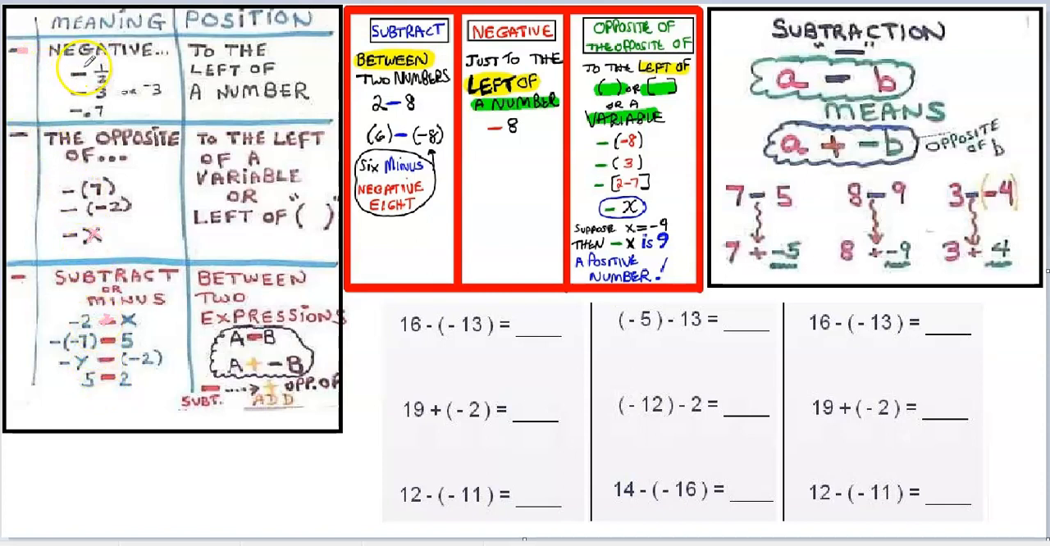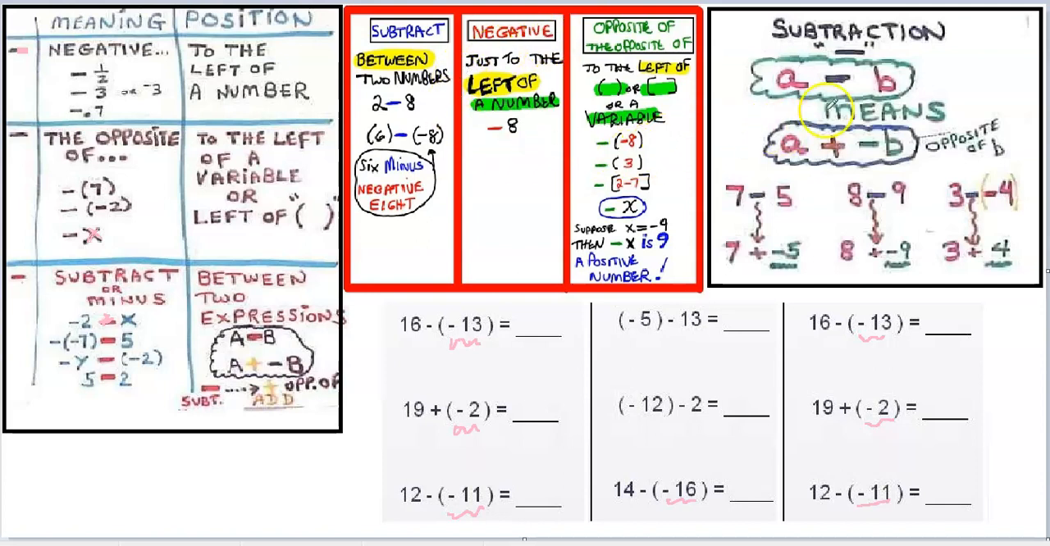When it's a negative, think of it as a negative number. So in this problem right here, this is a negative number, this is a negative number, because it sits just next to a number. Nothing else to get in the way. Okay, now sometimes it can mean